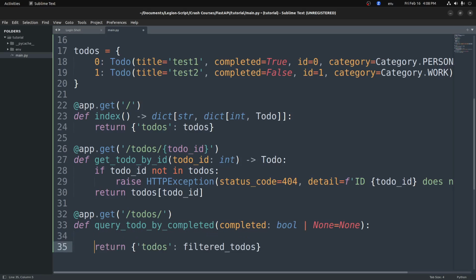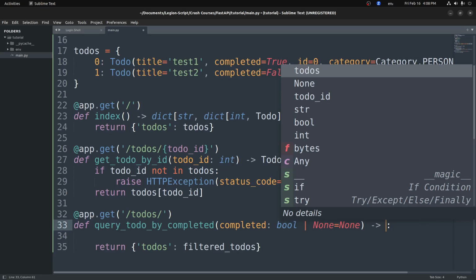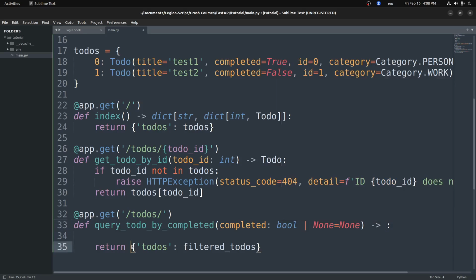So this is how we want to look. And we'll need to add some logic to actually add our filtered to-dos, but we'll do that here in a second. Let's add our type hints first. So our return value will be a dictionary. You see here a dictionary, and then inside the dictionary we'll have a string value, and then we'll have a list of to-dos. So we can do dict, and then square brackets,